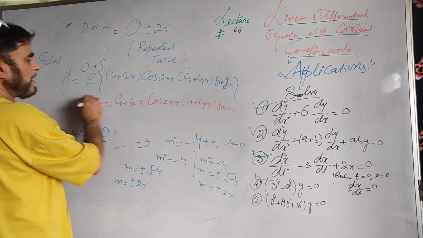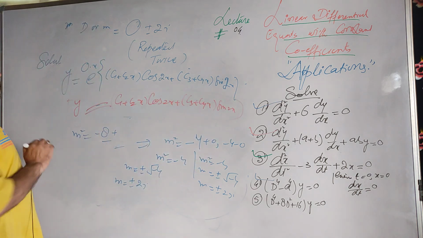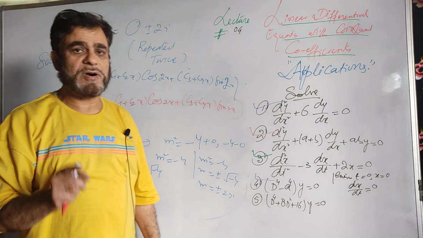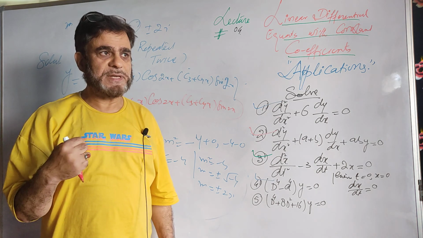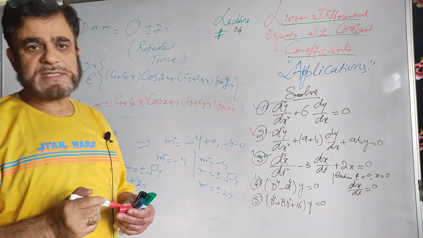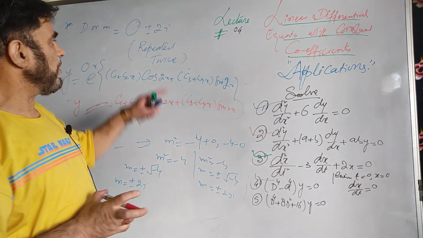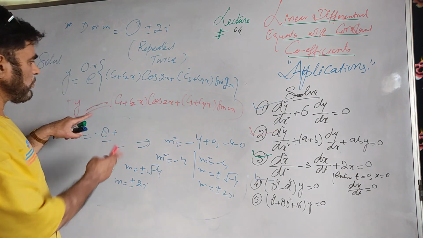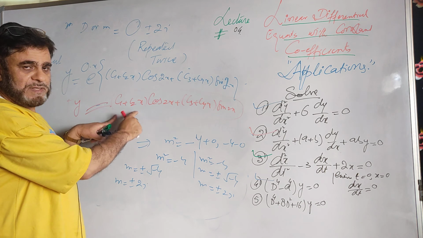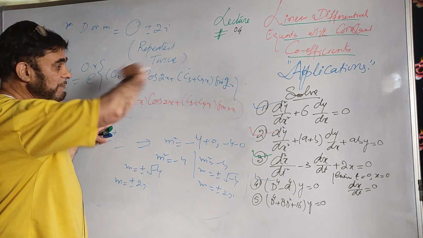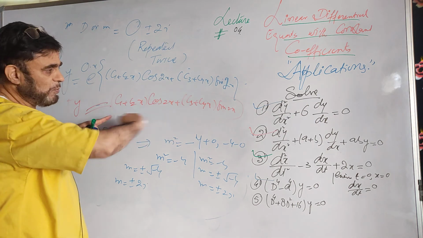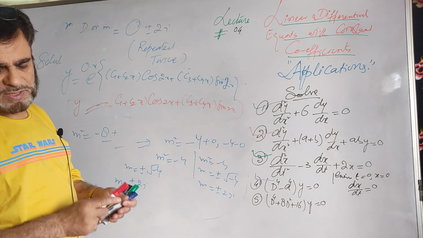When you have the complex root repeated, we have seen that complex roots occur in conjugate pairs. They are 2. But when this conjugate pair is also repeated, that means these are the 4 roots in repeated form, so we write the solution in this way. This is the repeated case that we did in case second. c1 plus c2x, then you have to use new constants c3 and c4, so 4 constants are involved and the roots are repeated.